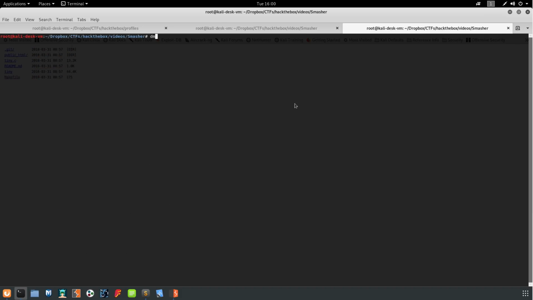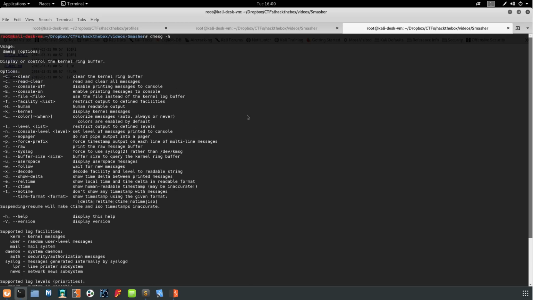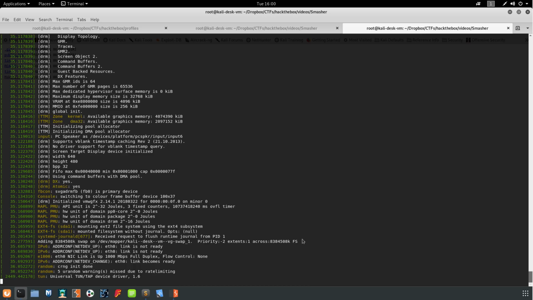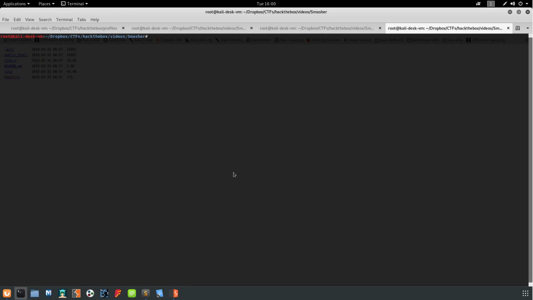And then let's do a dmesg in this window so that we can see if we get any segmentation faults. I forget what the flag is. There's a flag to just tail it, basically, which is -w, it looks like. So dmesg -w. And then finally,